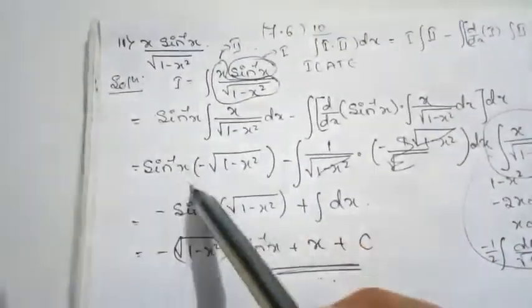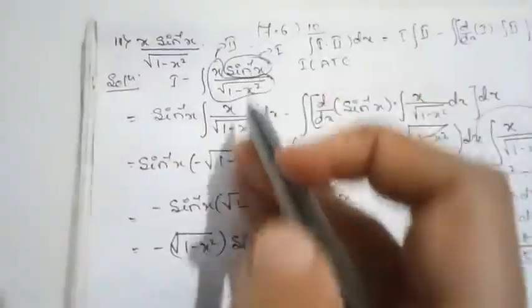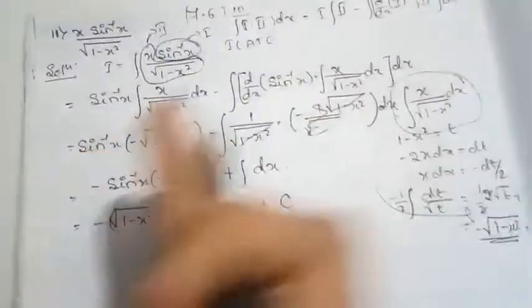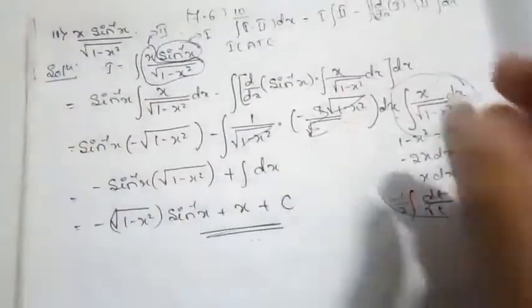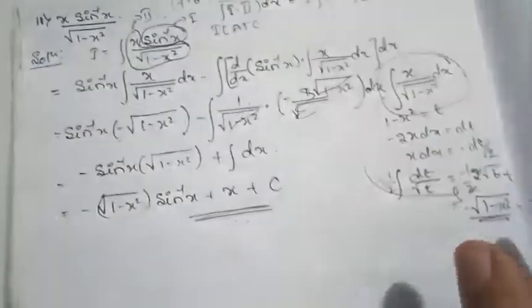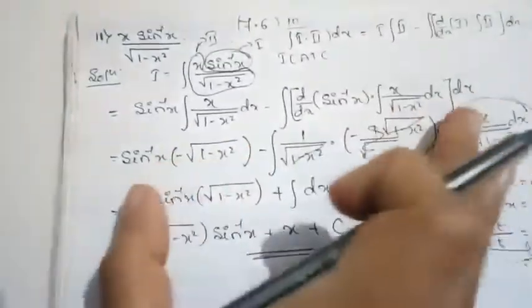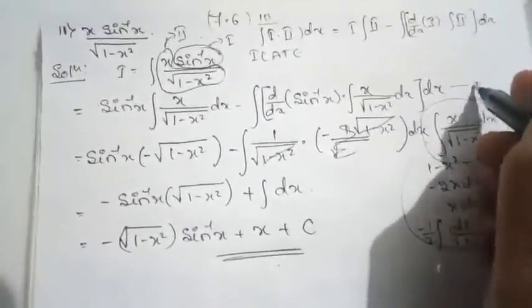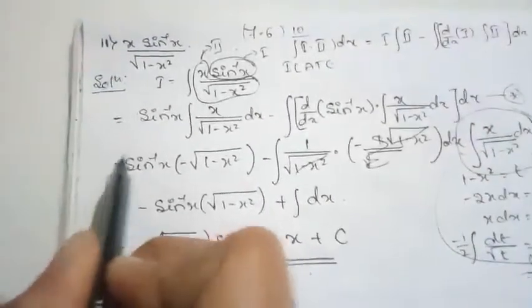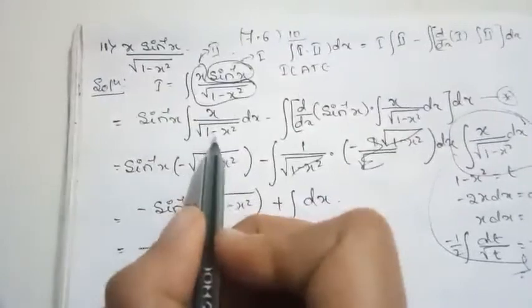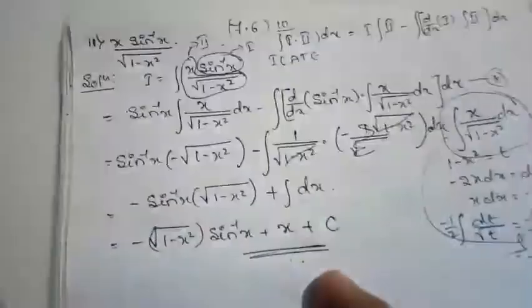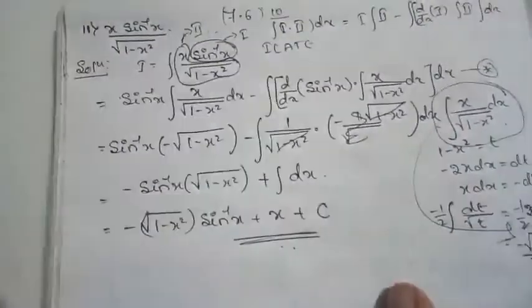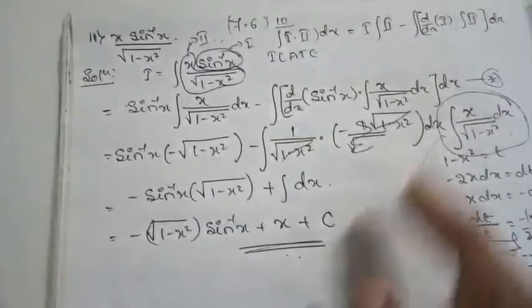Before simplifying here itself, it is better, on your left side or right side, to simplify the integral of that one and substitute that value here, so that there will be no confusion for you. Or else you can put a star mark on that and consider what the integration of x divided by square root of 1 minus x square is. Then you can continue with your integrating part, get the answer, and then substitute that in the star.